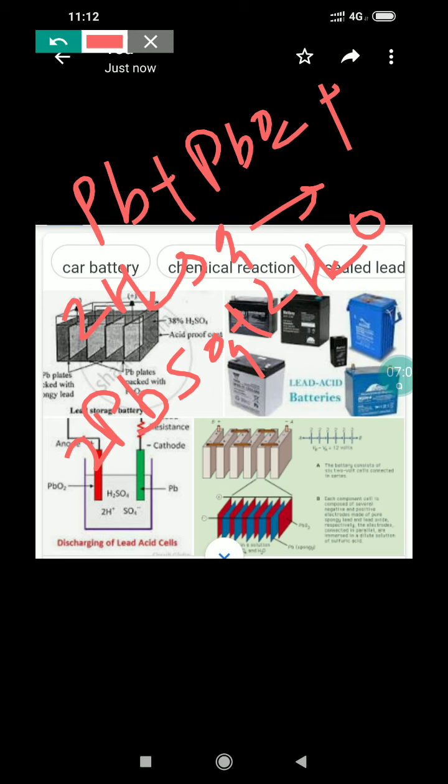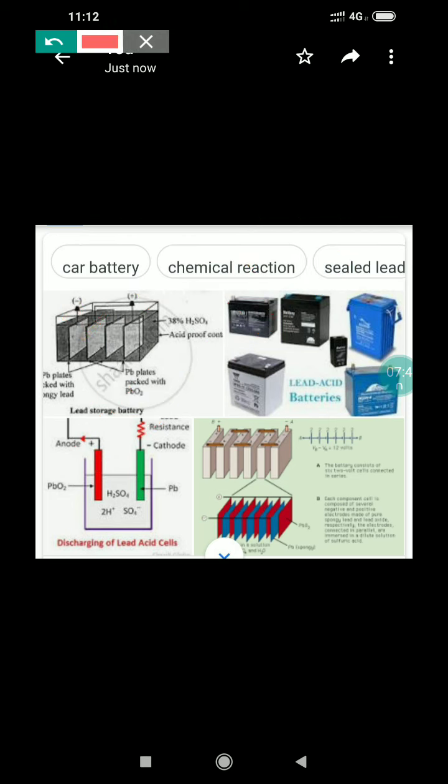Now at the time of charging, the potential of the lead accumulator is 2 volt. It must be recharged when the cell potential falls to 1.8 volt. To recharge the cell, an external potential slightly greater than 2 volt needs to be applied across the electrodes. Now during the recharging, oxidation occurs at anode, but the anode is positive. This point is to be noted: remember, during discharging the anode is negative, but during charging the anode is positive, and the oxidation reaction takes place on the anode as usual.